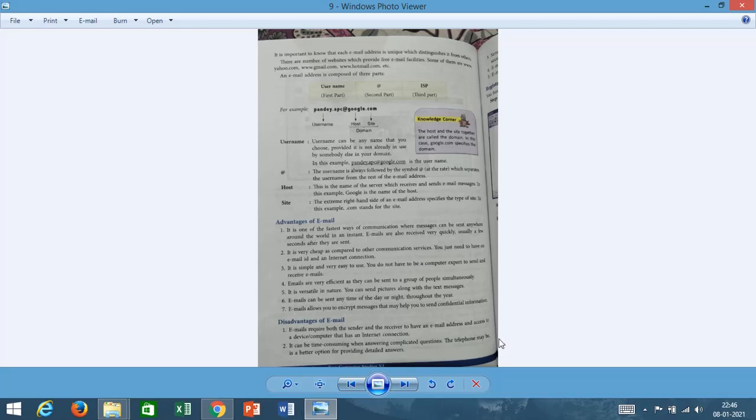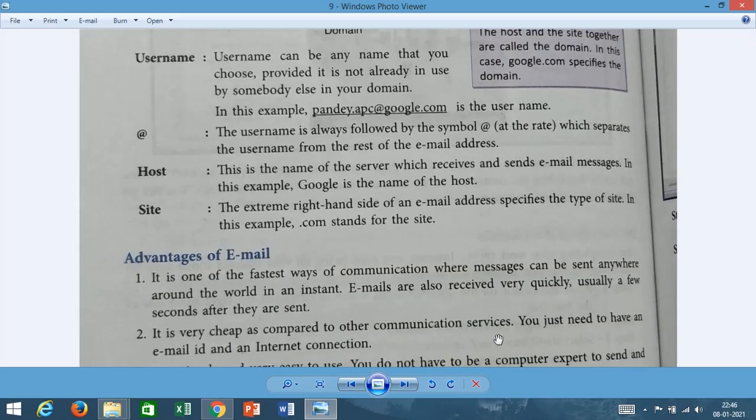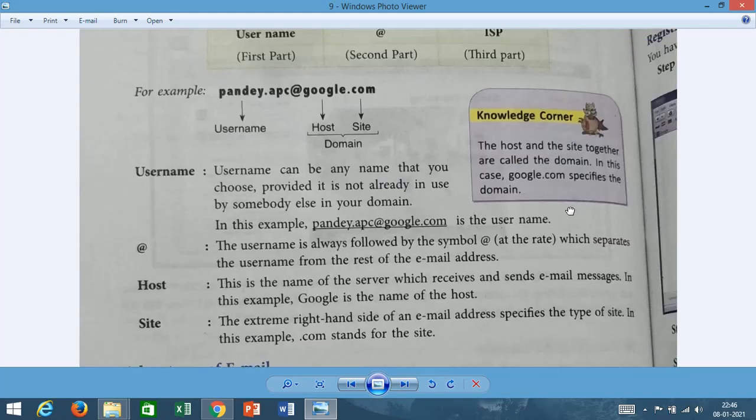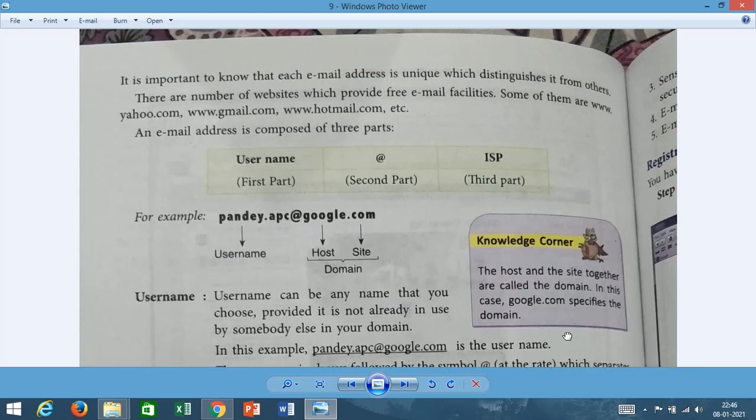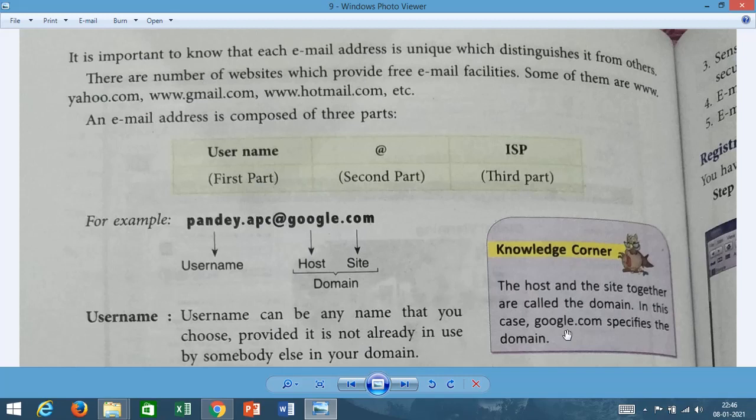Okay, now we will see some different parts of an email ID. It is important to know that each email address is unique. Why is it said that each email address is unique? Let me explain. Whatever email you have created, or anybody has created, cannot be created once again.